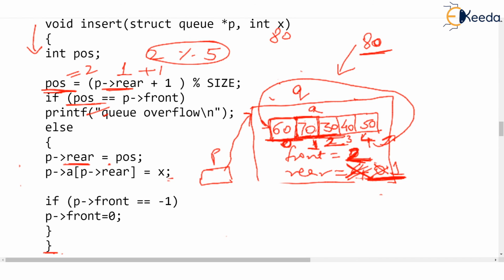How can you put 80 on top of 30? Because 30 is still a valid element in the queue. It is standing at front. So if the position of insertion is the same as the position of front, you announce queue overflow and then don't go to else. Now the insertion won't be done. However many times you call insert, it's going to shout overflow. I think after this elaborate explanation, you won't have any trouble in understanding insertion in the circular queue. Thank you very much.